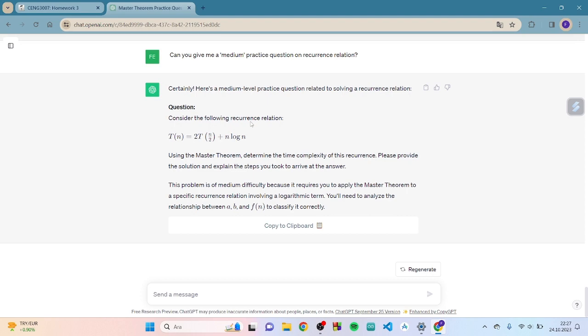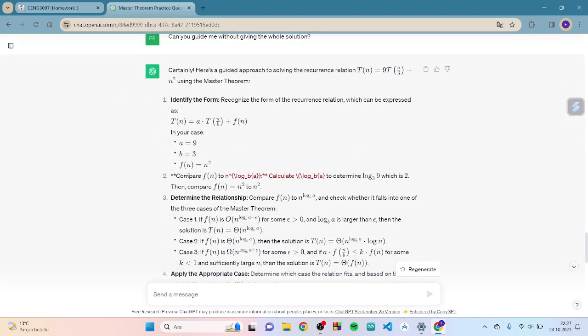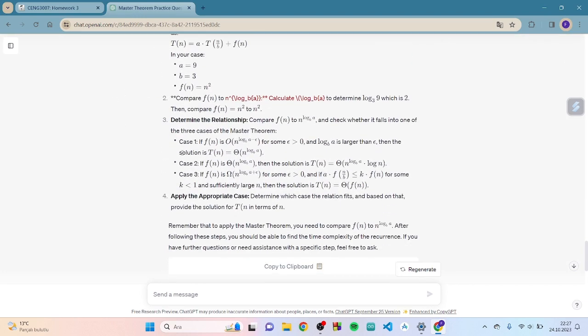Actually, I know the other question, and I know this step, and I use this step, and I think this is the second case. Is this one? And therefore, the solution for the given recurrence relation T(n) equal to 2T(n/2) plus n log n is